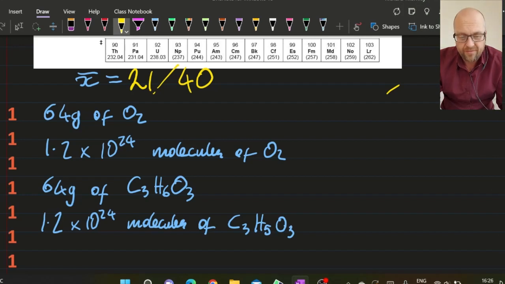All right, 21 out of 40 was the average for this. Question 1, the most atoms of oxygen. Well, if I work out the moles and then convert it to number of particles and then to atoms, that